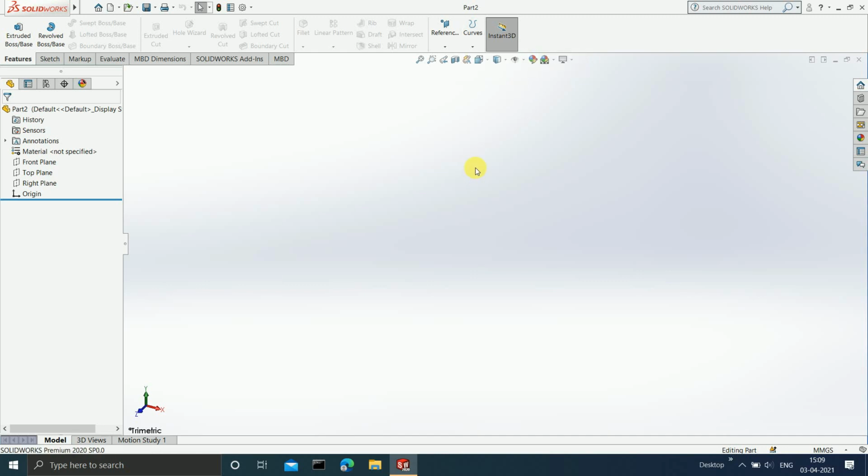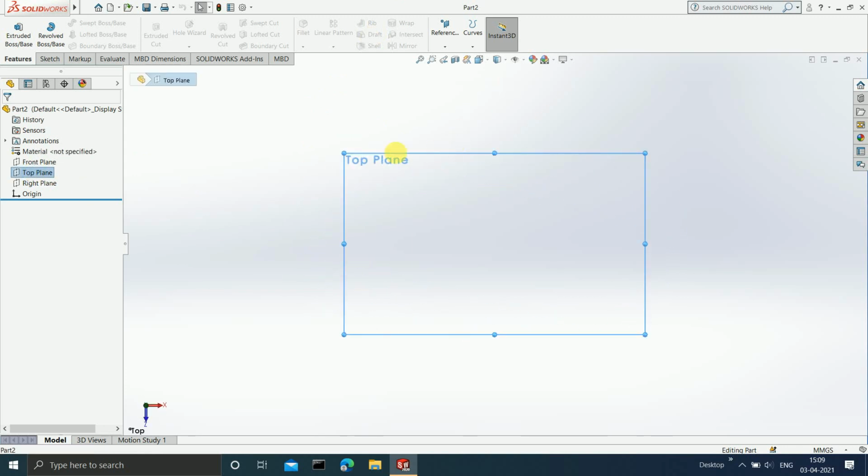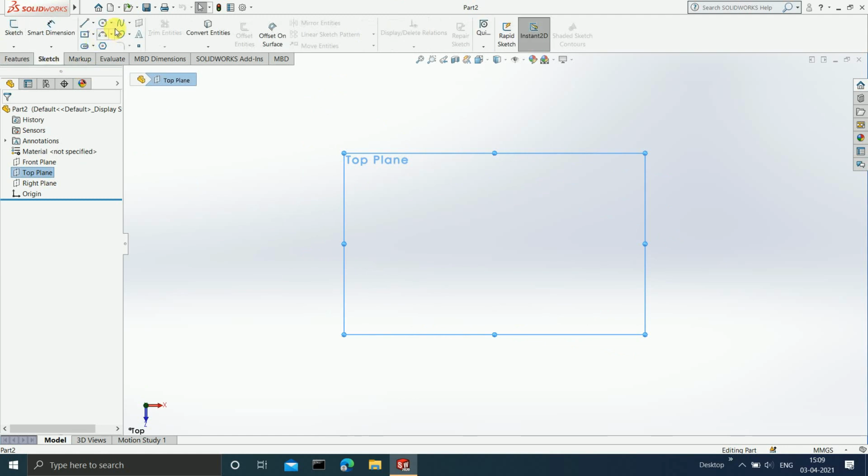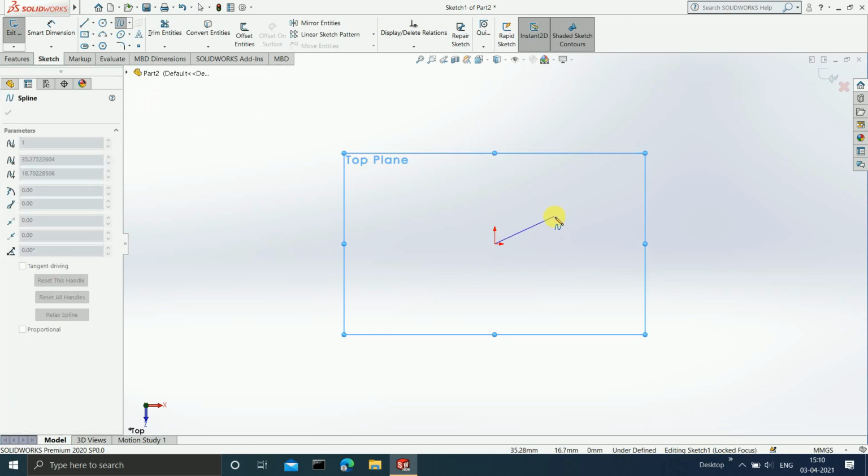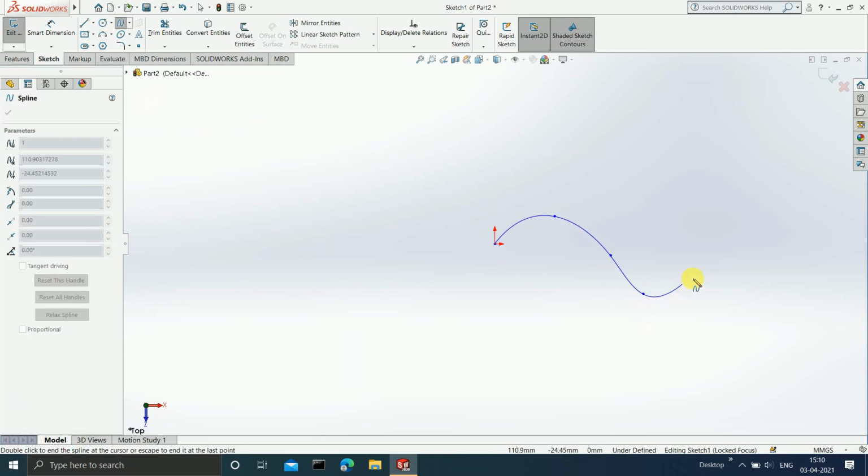Now, what is the use of composite curves option? The composite curves option is used to join together two or more curves and make them into a single curve. Okay, I repeat myself again. A composite curve feature is used to join two or more curves and make them into a single curve. For example, I will draw two curves now. Okay, so for that I am going to select the top plane, press Ctrl 8, and now I am going to sketch on it. And I am going to sketch a simple spline with any particular dimensions. Okay, so I am just drawing a simple spline.